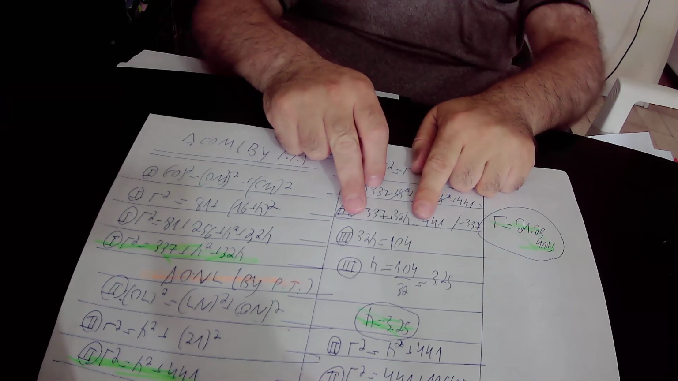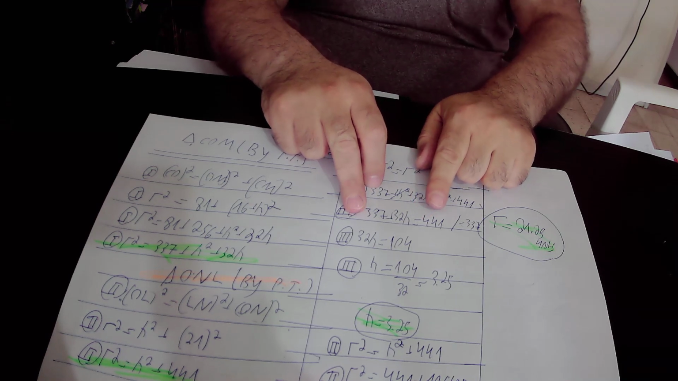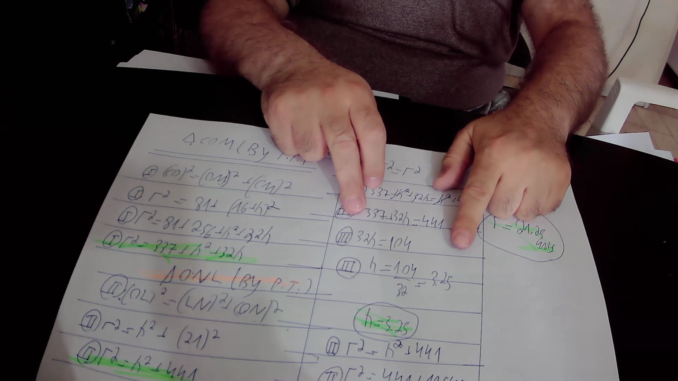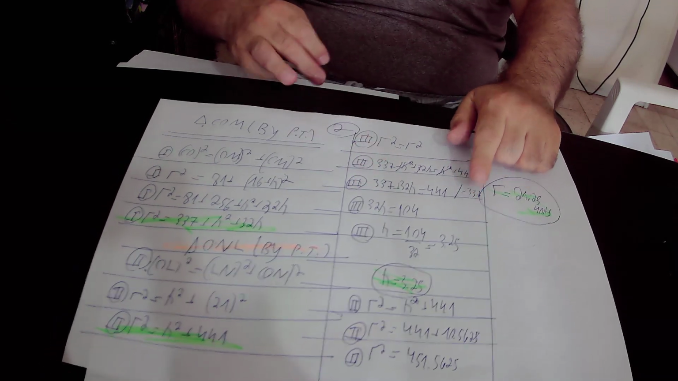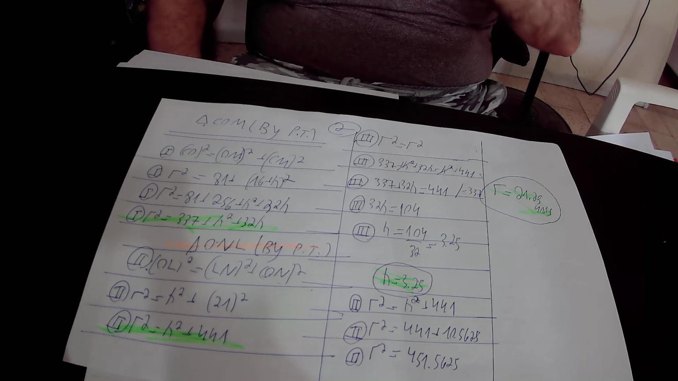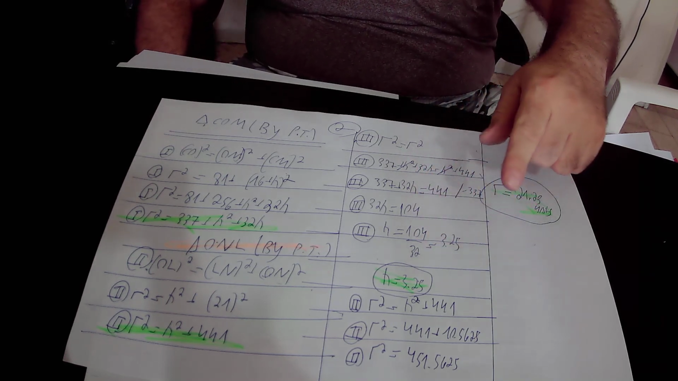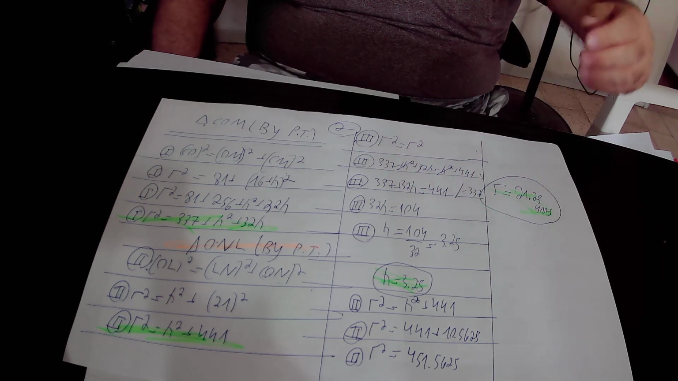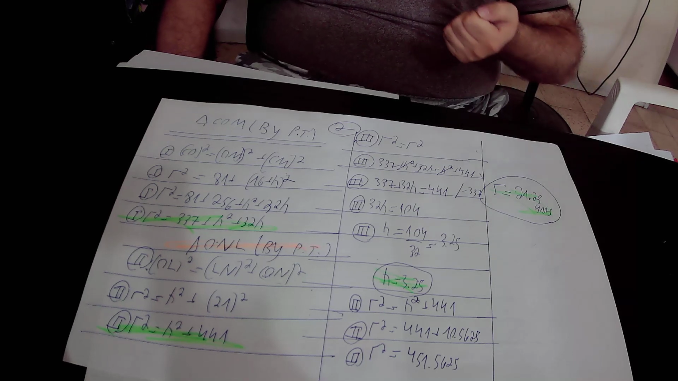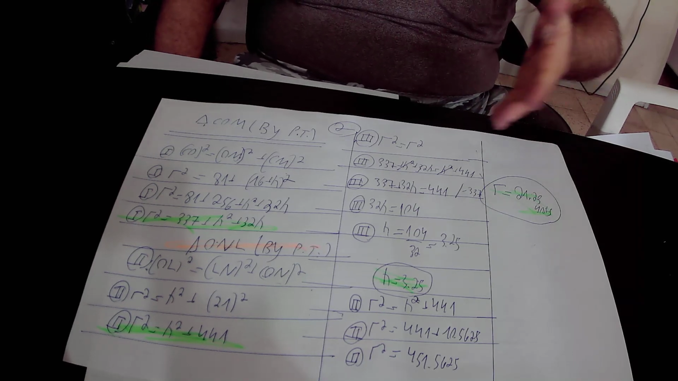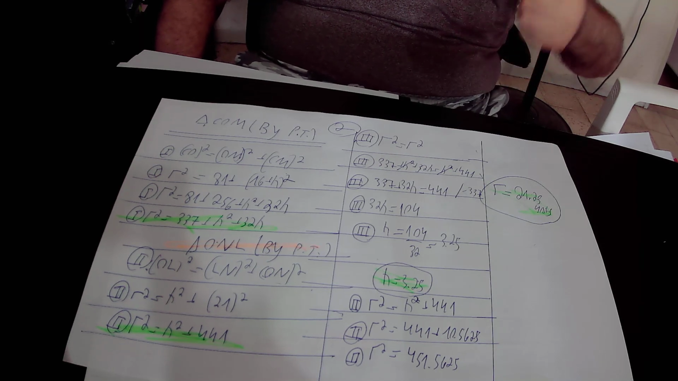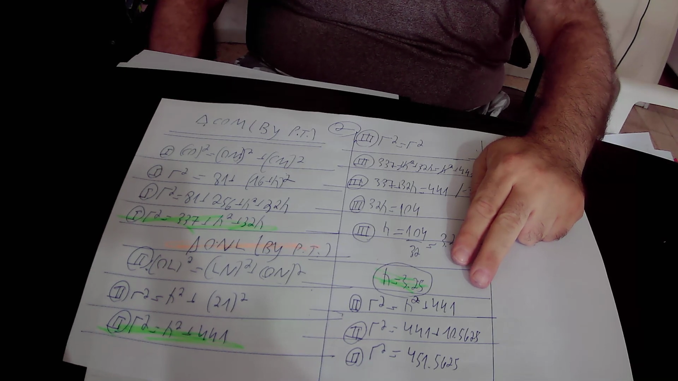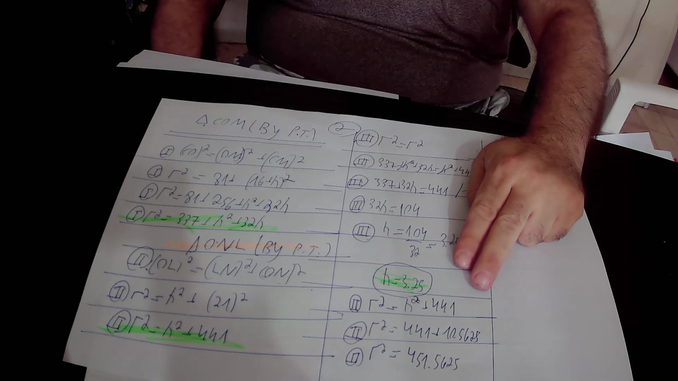Here we divided equation number 3 by 32 and found that h equals 104 over 32, that is 3.25. Then we substituted h by 3.25 in equation number 2. According to equation number 2, r squared equals h squared plus 441. With h equal to 3.25, h squared will be equal to 3.25 squared, that is 10.5625. So in conclusion, according to equation number 2, r squared equals 441